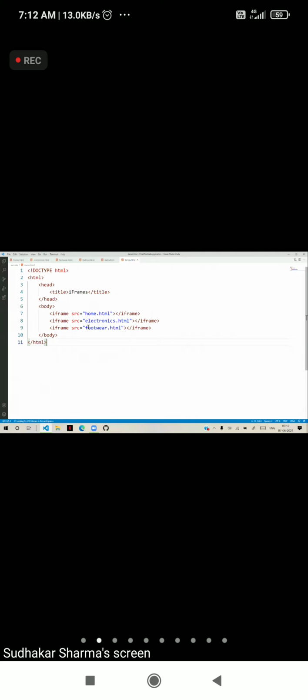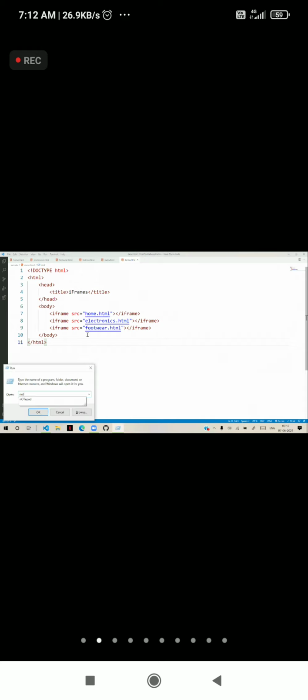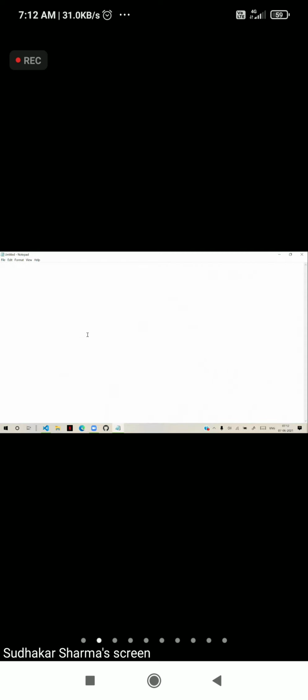Next, after understanding and working with the iframes, how we can use iframes. So now we need to know about another important topic, that is tables and forms. So we will discuss about tables. Actually, the general concept of tables.